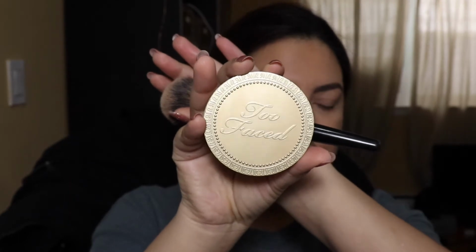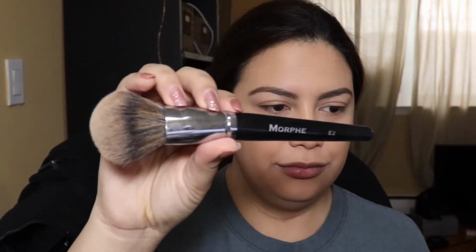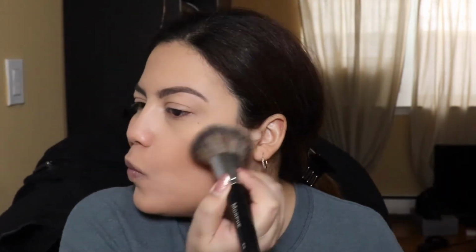Next is bronzer. I'm using the Faced Chocolate Soleil. I don't remember what shade that is. Oh well. Anyways, I'm going to use that brush, the Morphe E2, which is a big brush, but it's still pretty stiff, so I can use that to bronze, but also to semi-contour, just to give my face some definition,